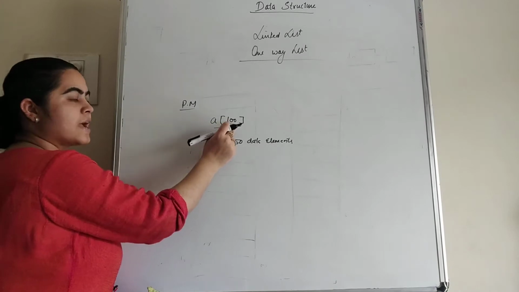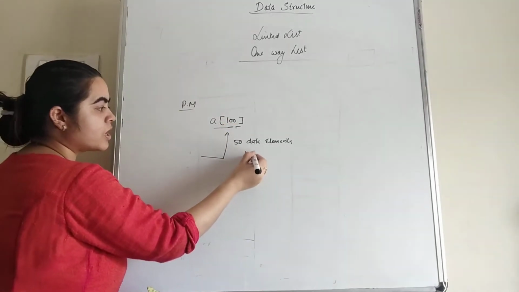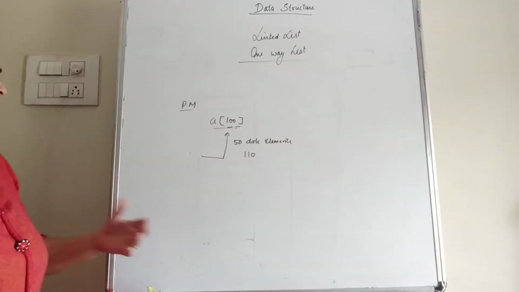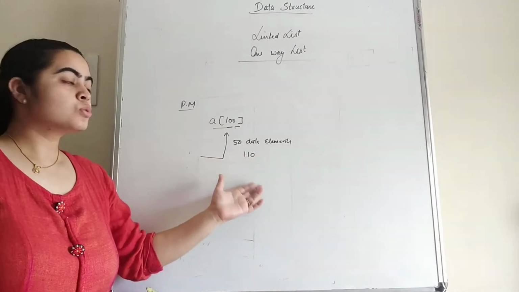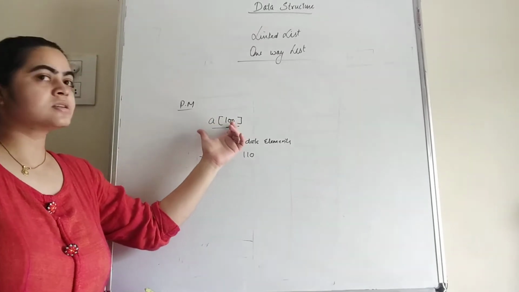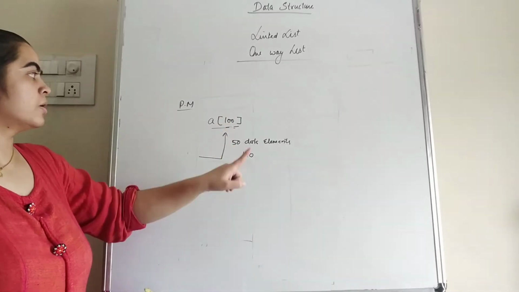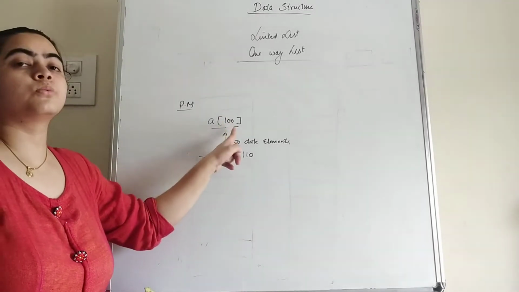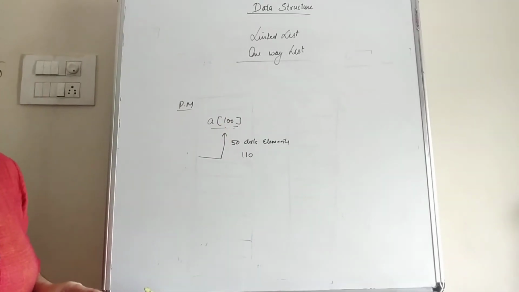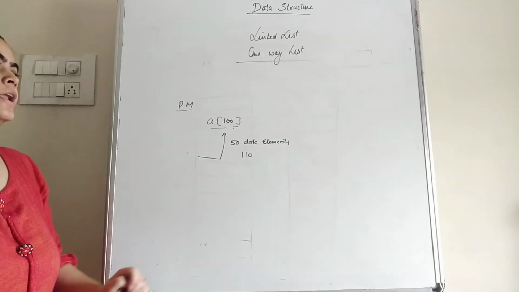The second reason is, suppose the array size is 100 but at runtime user needs to store 110 elements. So user is unable to store the next 10 elements because there is memory reserved for the array of only 100 elements. So user is not able to store more than 100 elements within the memory. So that is the second reason we are using the linked list.